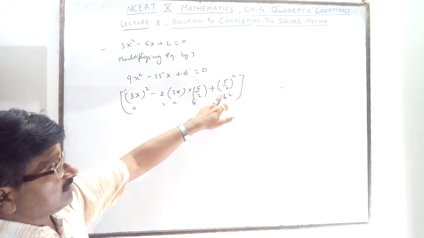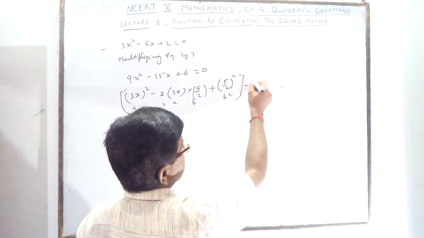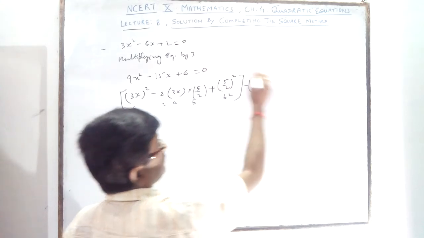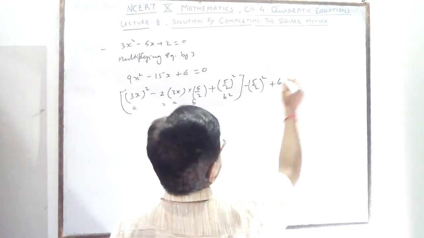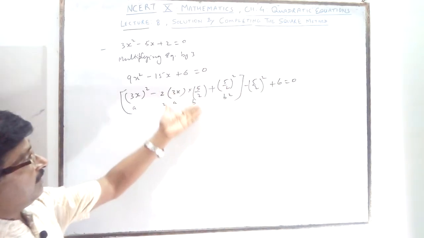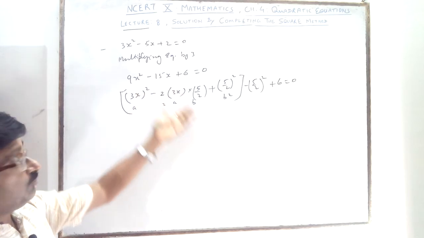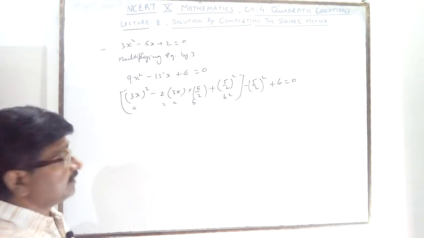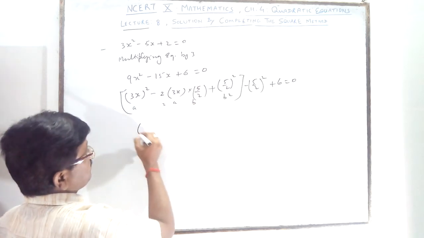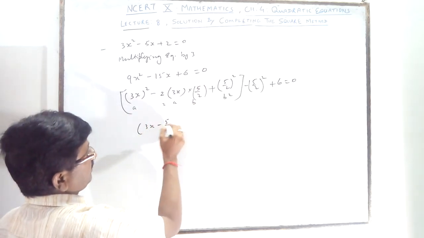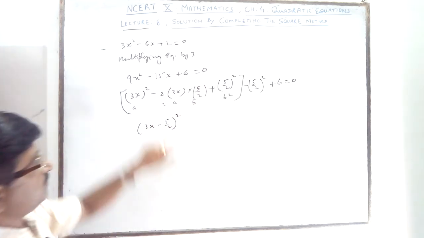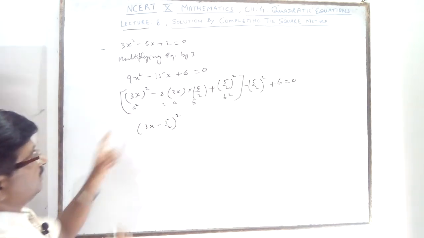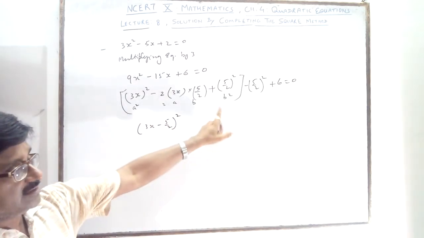But it is an extra term, so you subtract it. The same number you subtract. And then you write the last term. Now it is your new form of this given equation. You have written 5 by 2 in extra places. It means what is this? It is 3x minus 5 by 2 whole square. Why minus? Because here a square minus 2ab plus b square, here it is a square.